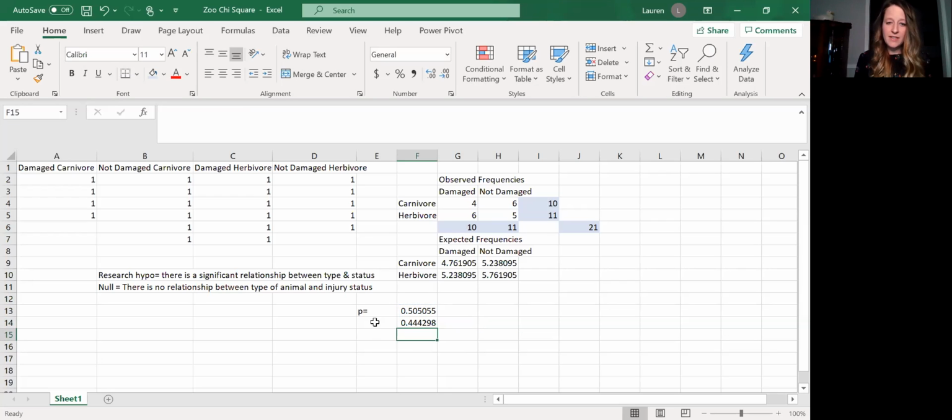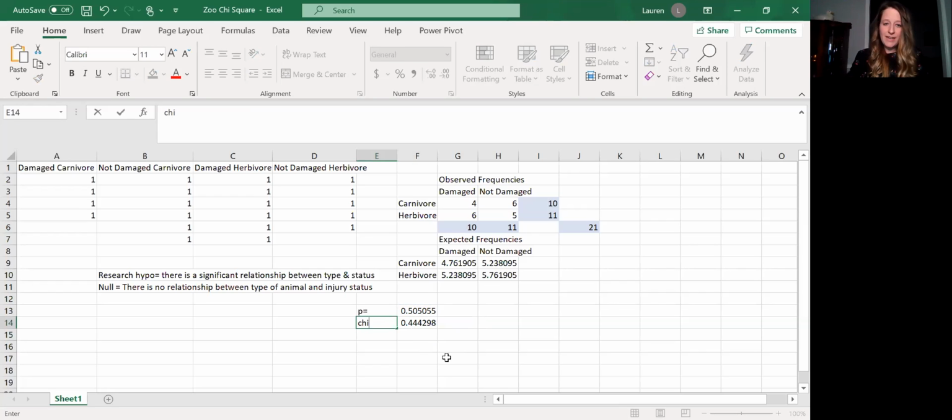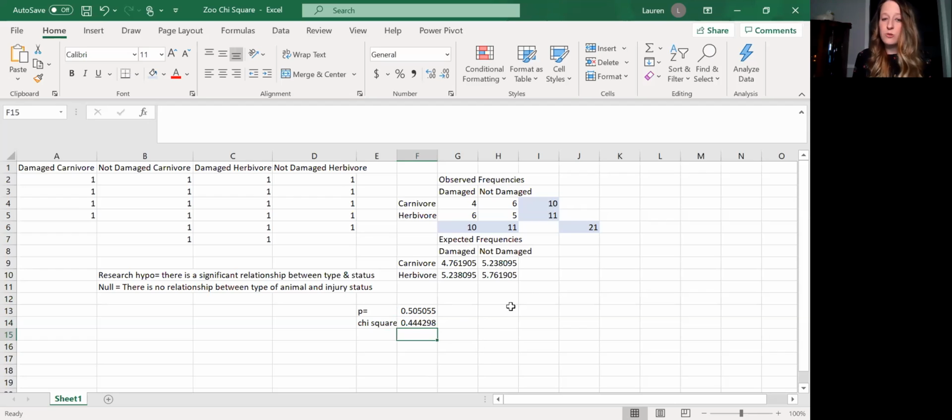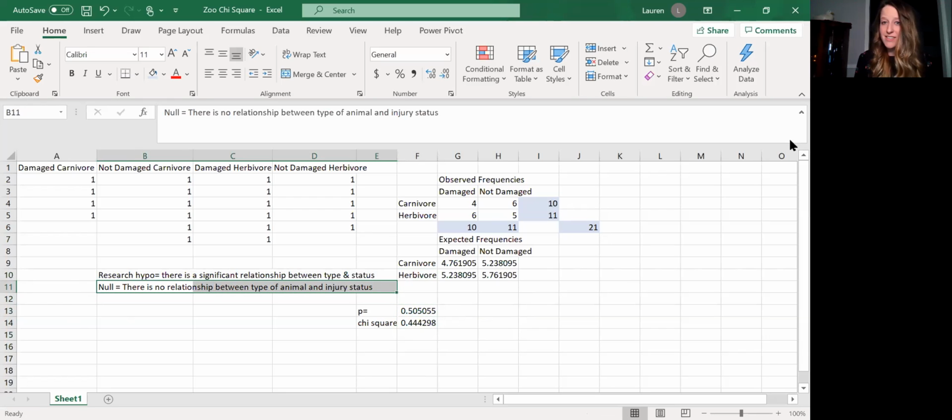I type that in, and this is my actual chi-square value, equal to 0.44. So I have a small chi-square value. I have a large probability value, and so I support the null hypothesis, or retain the null